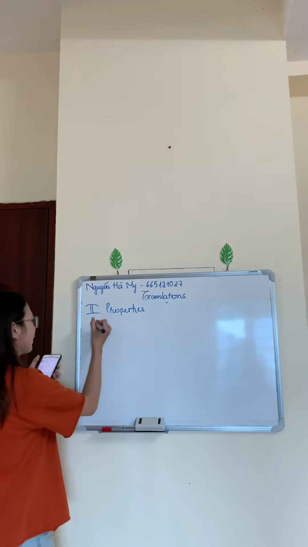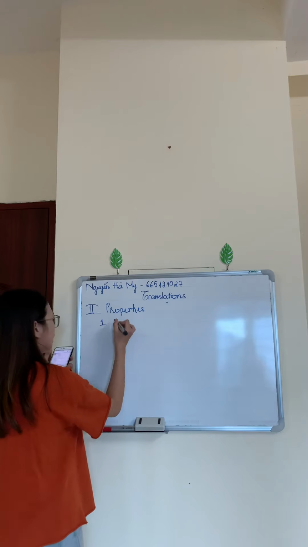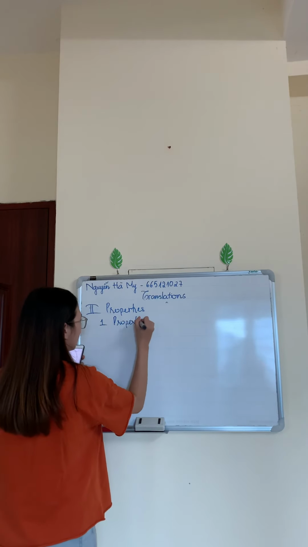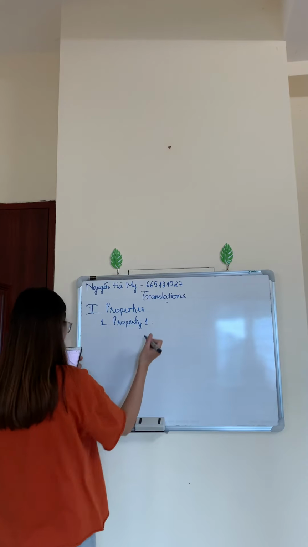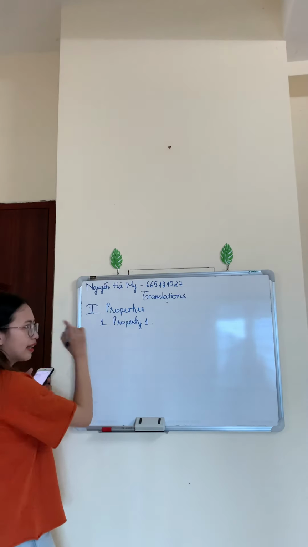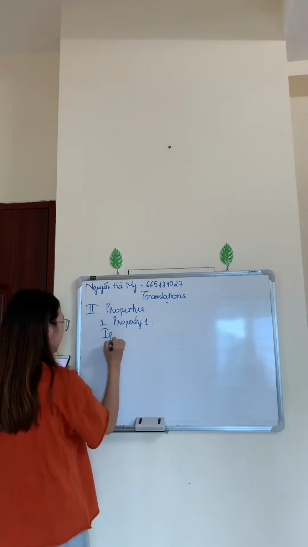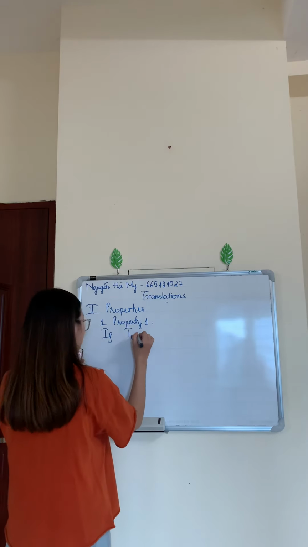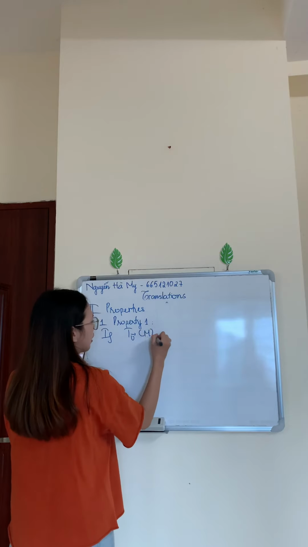The first one, property 1. We have property 1 like this: if the translation transforms M into M prime,